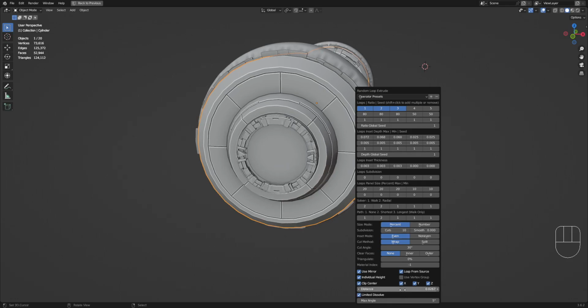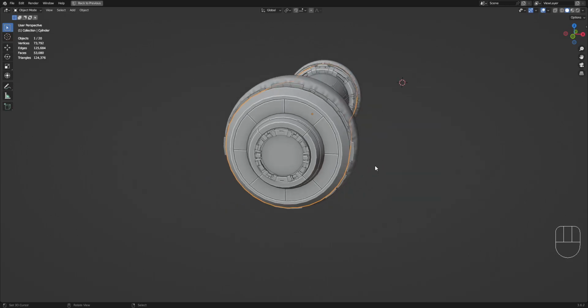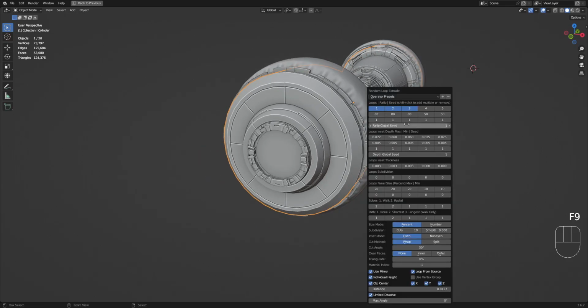The clipping may be too much for this. And is that limited dissolve? Yeah. And also the amount of it,